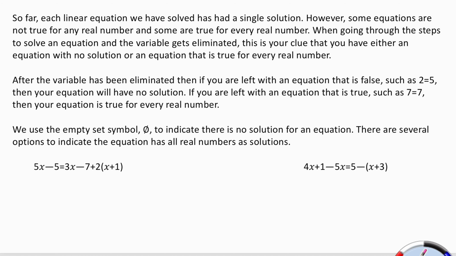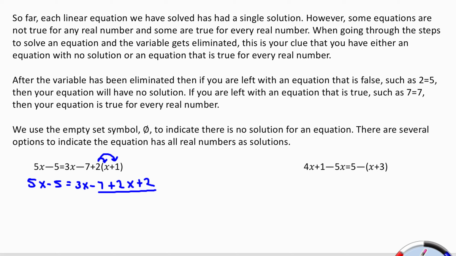All right. So it's the exact same steps. We don't even know the difference until the very end. So the exact same steps to solve a linear equation. Get rid of the parentheses first if there's not fractions. So we have 5x minus 5 equals 3x minus 7 plus 2x plus 2. Okay, do any math you can do on each side. Nothing I can do over here. But here,